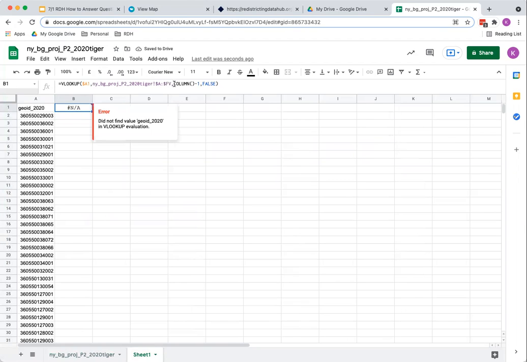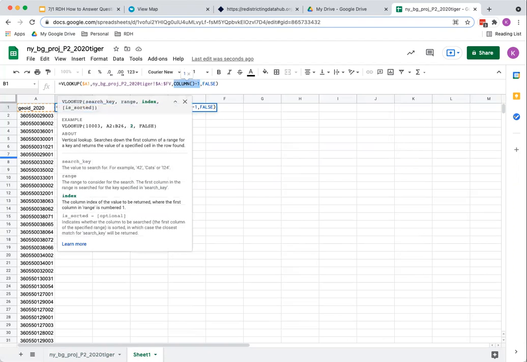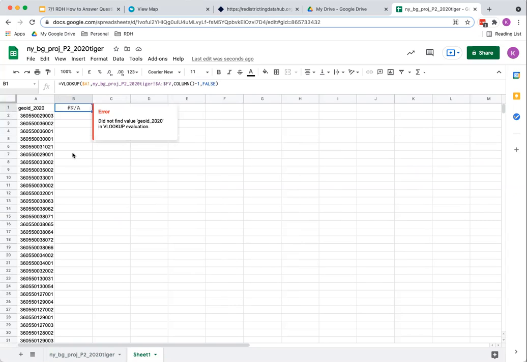Then we want to tell it to place the first matching value in the column to the left of our current column. Okay. And then lastly, we are going to give it the logical value of false. So either true or false goes here. False means that you will only extract and place exact matches. True allows for approximate matches. I don't think that would occur, but just in case, we want to be very exact and say only exact matches.